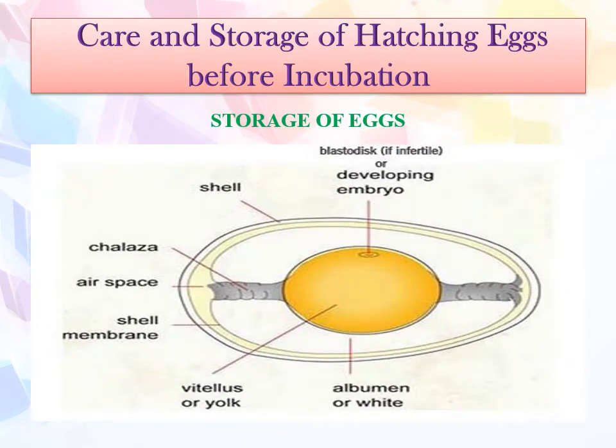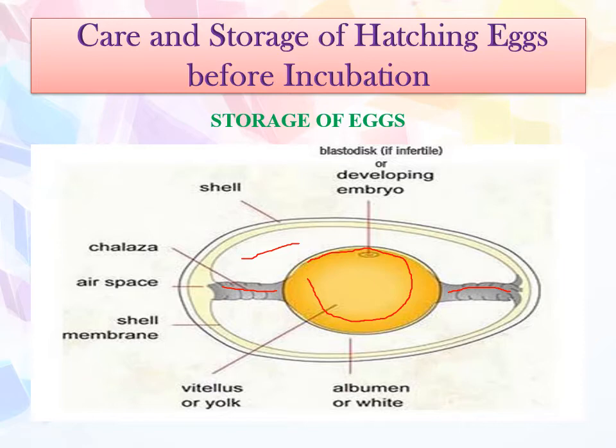So here you can see the internal structure of the chicken egg. Here you can see in the middle, this is the egg yolk. Surrounding the egg yolk, this white color is albumin. This is the chalaza. Chalaza is not a different part, but it is a part of albumin itself. Albumin also is of two types, thick and thin. Chemically, they are the same, but in thin albumin there is a higher percentage of water, so it becomes thin. While in thick albumin, the water percentage is lower, so it becomes thick.